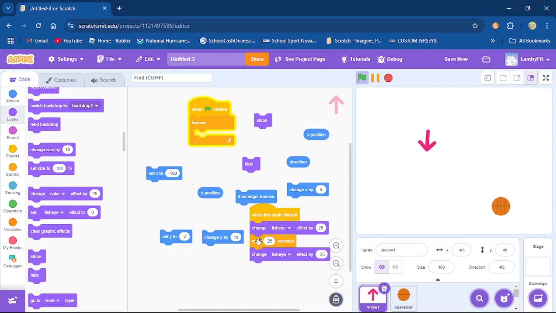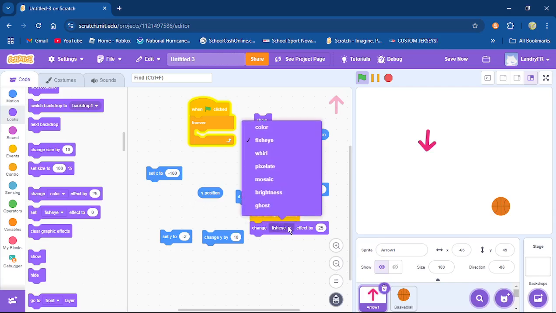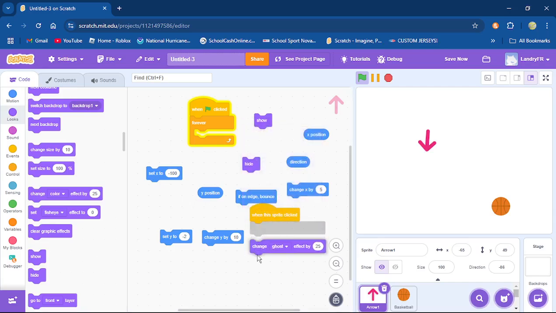So this is where you would use the ghost effect, all right? And the ghost effect is pretty straightforward. I guess I better use the set block just so I can show you. If ghost is set to 0, well, that's where it's supposed to be. That's what it is normally. But at 100%, it's gone. It's completely invisible.